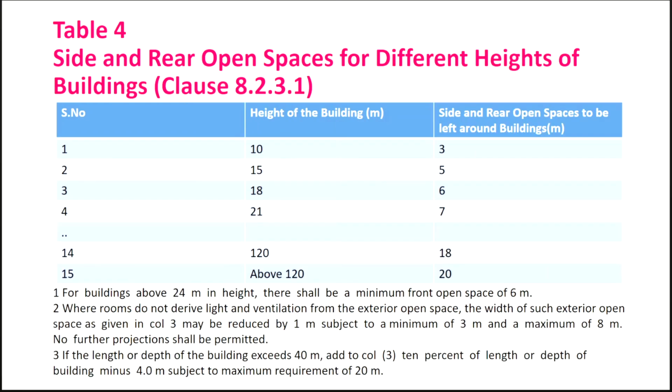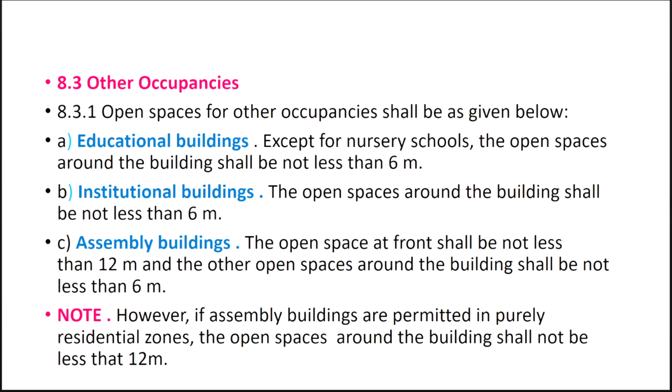इस टाइप के कुछ फ्रंट ओपन स्पेसेस हैं, साइड और रियर ओपन स्पेसेस हैं डिफरेंट हाइट्स के लिए। जैसे आपने बताया कि सपोज 120 मीटर की हाइट है या अबव 120 मीटर हाइट है, तो I need to keep side and rear open spaces in and around the building around 20 meters. जैसे आपने लास्ट टाइम देखा था, this space is required from consideration of moving of fire tenders या फायर ब्रिगेड की गाड़ी चारों तरफ तुम्हारी बिल्डिंग के घूम सके, तो कम से कम आपको उतनी जगह देनी है, ठीक है ना।